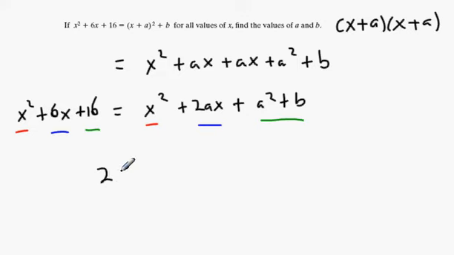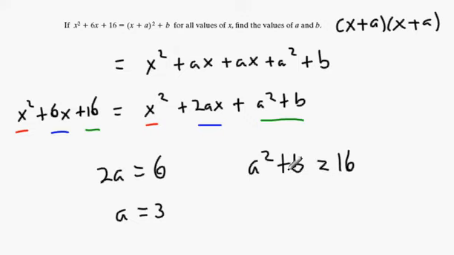That leads you to the following 2 equations. It leads you to 2a equals 6, hence a equals 3. And it also leads you to a squared plus b equals 16. We know that a is 3, so a squared is going to be 9. 9 plus b equals 16. b must be equal to 7. And that's your answer for that question. a is 3, b is